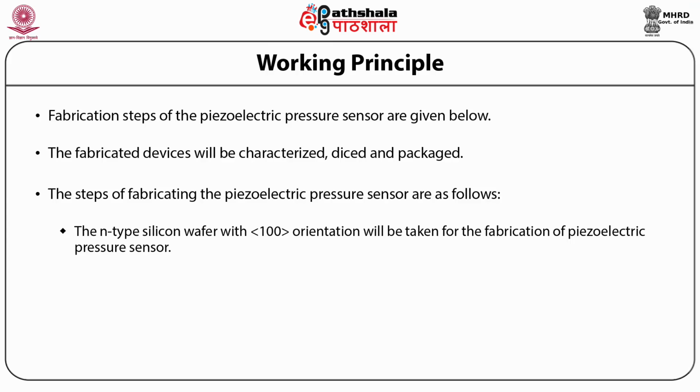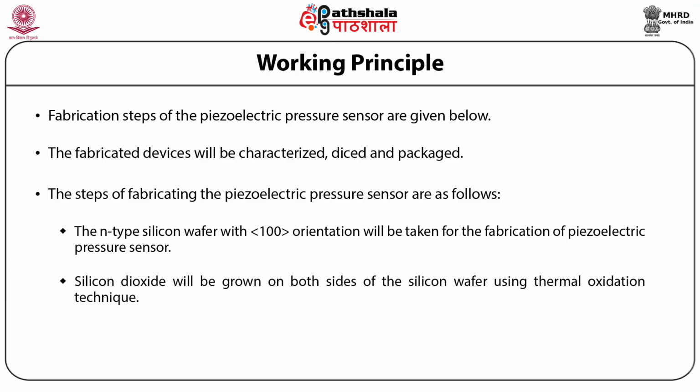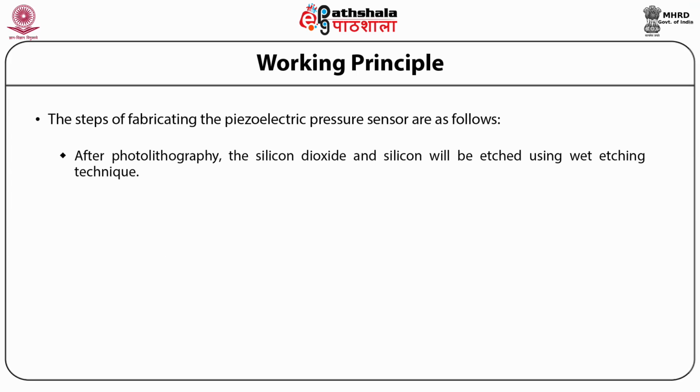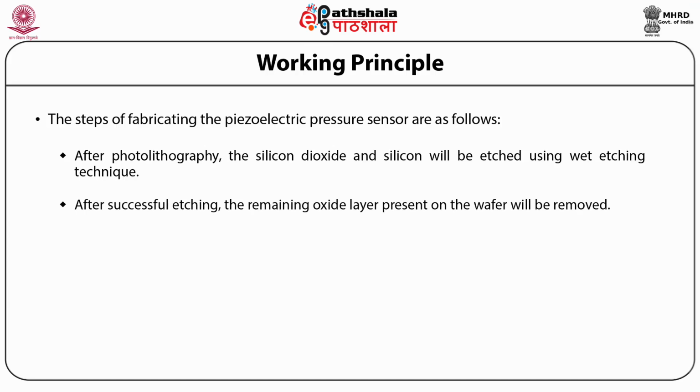of piezoelectric pressure sensors. The silicon dioxide will be grown on both sides of the silicon wafer using the thermal oxidation technique, and photolithography will be carried out to open a window on one side of the oxide-coated silicon wafer. Next, after photolithography, the silicon dioxide and silicon will be etched using the wet etching technique. After successful etching, the remaining oxide layer on the wafer will be removed, as shown in the figure